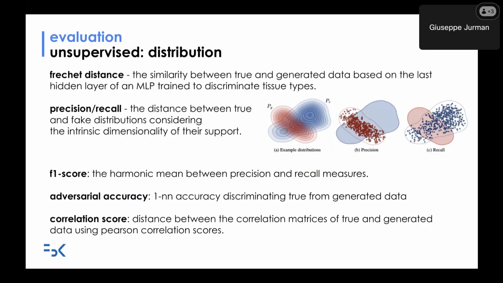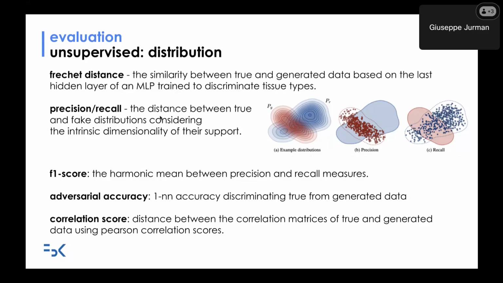And the first metric that has been used is the Frechet distance, okay, which expresses the similarity between the true and the generated data based on the last hidden layer of the perceptron trying to discriminate tissue type, or the usual precision and recall interpreted in the new omics sense,